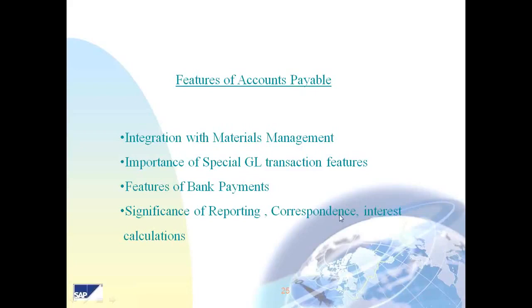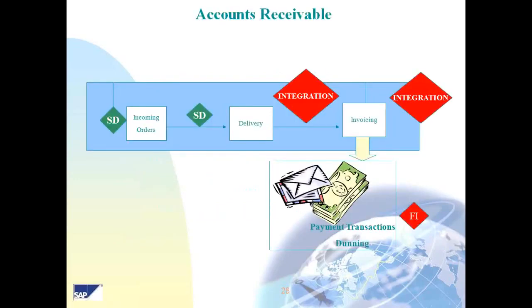Okay, so correspondence with the vendors and interest calculations, and the open item basis. Similar to the AP, we also have the accounts receivable process. For example, we have an incoming order. Based on the order, we will deliver the goods to the customer. Once the delivery has happened, we generate the invoice. Once the invoice is released, we are going to receive the payment